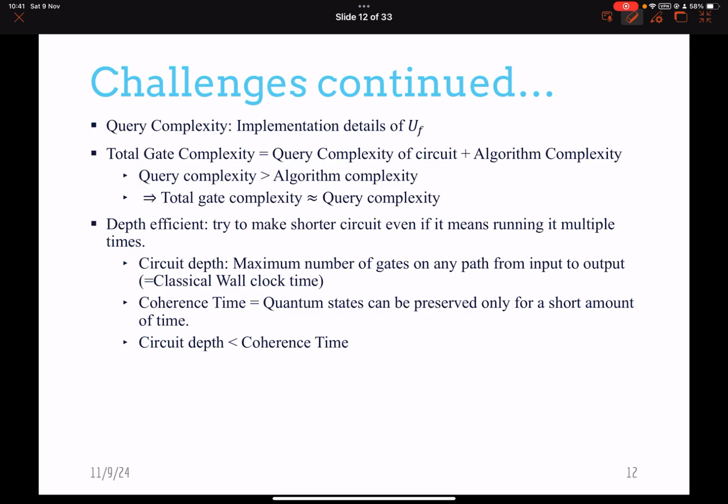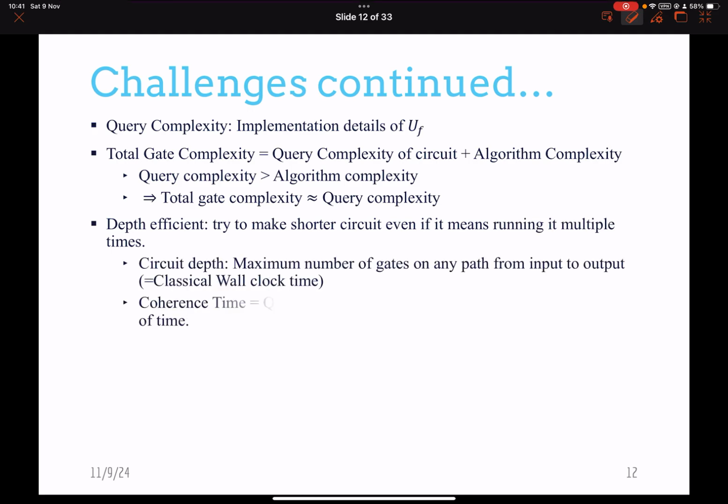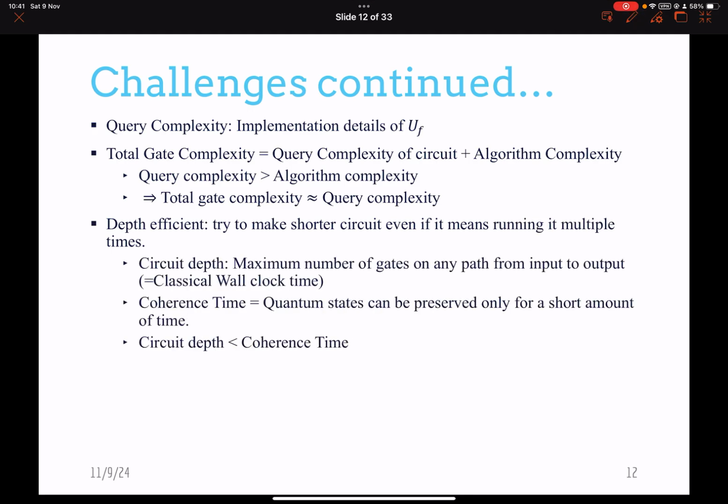That is, the circuit should not be very long, because it's preferred to have a circuit with less depth and run it multiple times than to have a higher depth circuit and run it a single time. That's preferred. So circuit depth, as I said, is the maximum number of gates